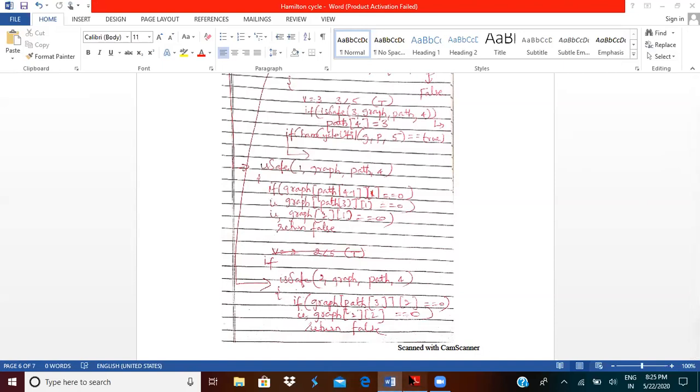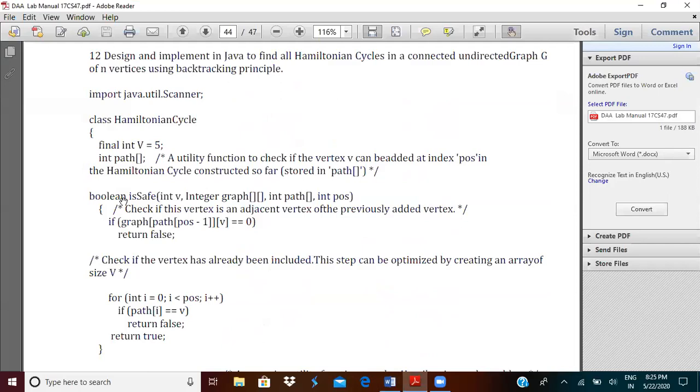The is safe method will be given v is equal to 1, then 4. So graph of path of position, the value is 4. Path of 3 is 4.